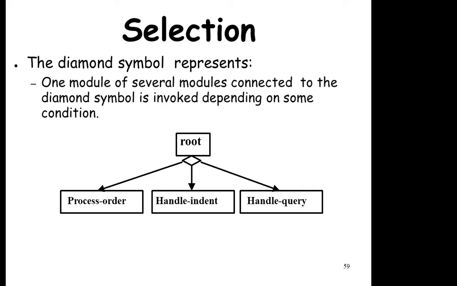He interacts with students, he interacts with teachers, he interacts with the office members. So if he gives some order, then at this moment that order will go here also, here also, here also. But all orders are not for everybody. Some orders are for teachers, some orders are for students, and some orders are for office. At different times, the principal interacts with students, teachers, and office members. But at a particular moment, a particular order is for one person, and that type of thing is represented with the diamond